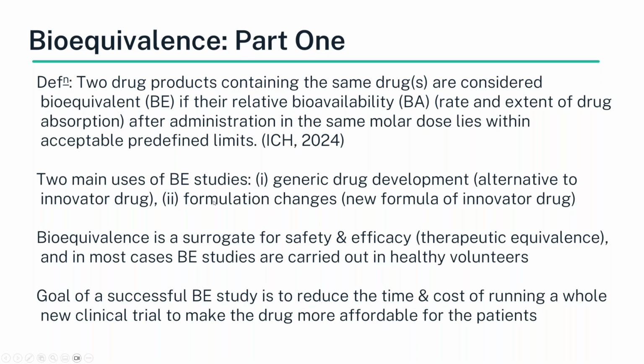So if we go back up to the second point here as well, the second area where bioequivalence studies are useful is in formulation changes within the innovator drug itself. And so this isn't with respect to the amount of active ingredient available or dose or anything like that. That does need to stay fixed, but it might be, say, switching from